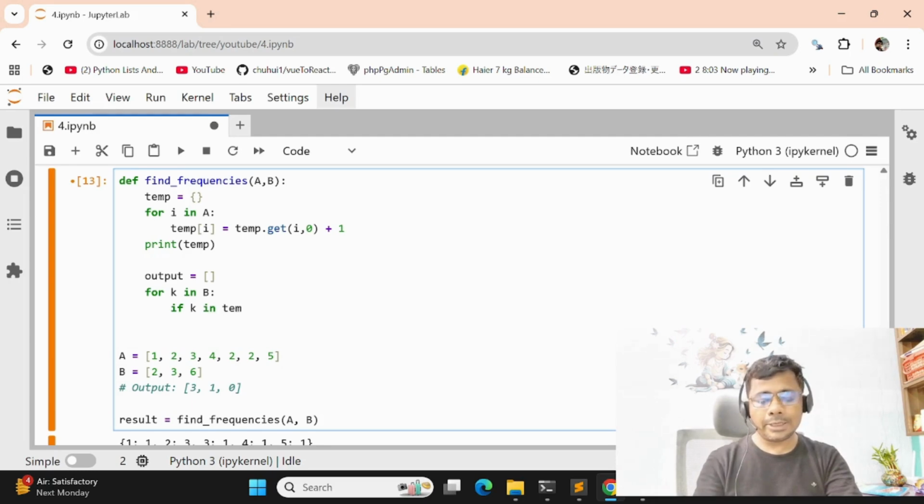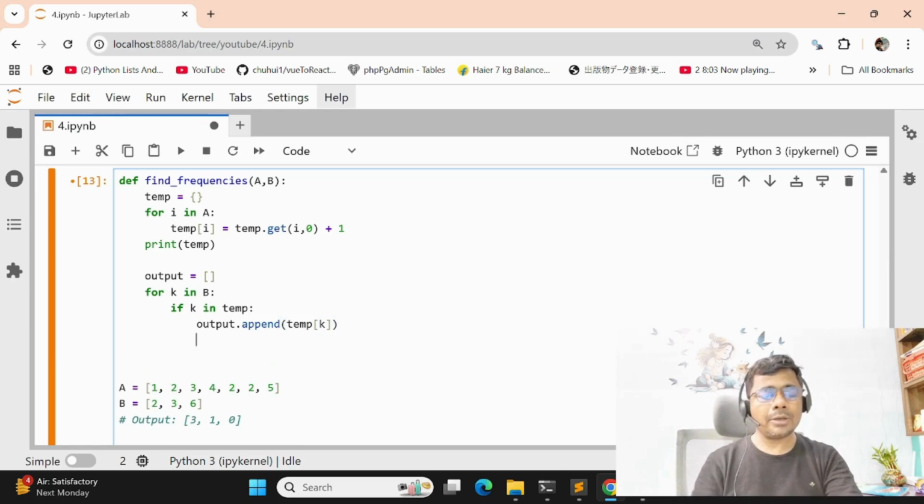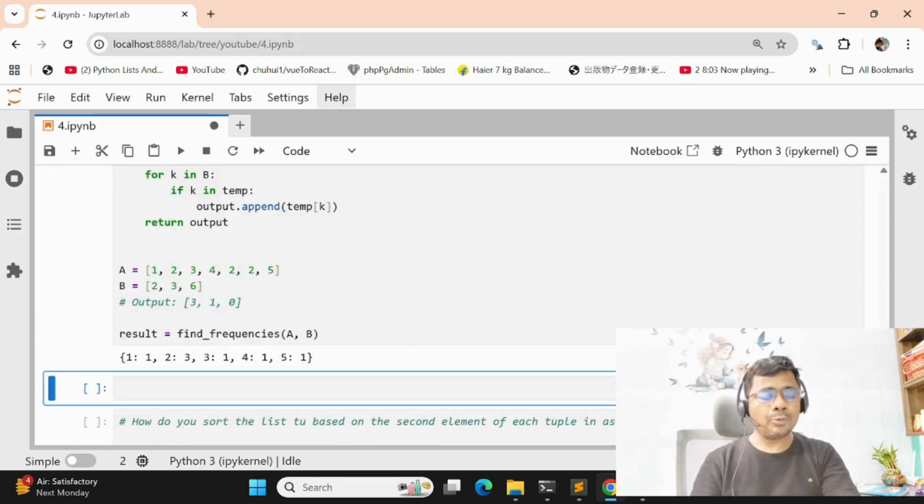Suppose k is inside the temp dictionary, then output dot append temp of k. Then return output.